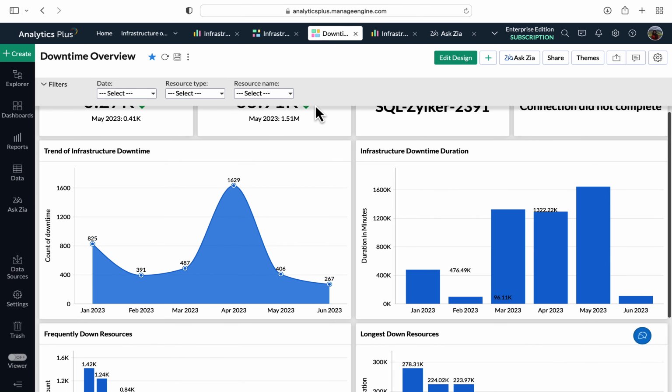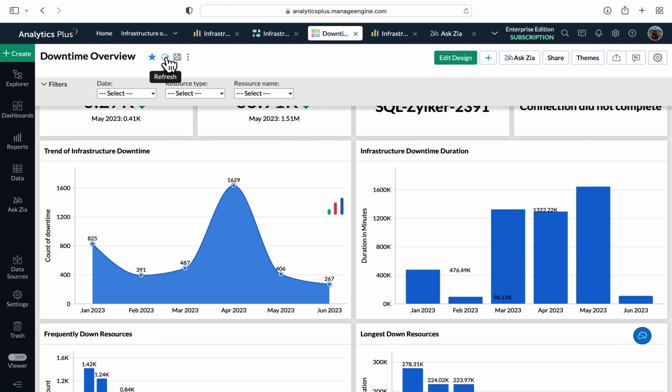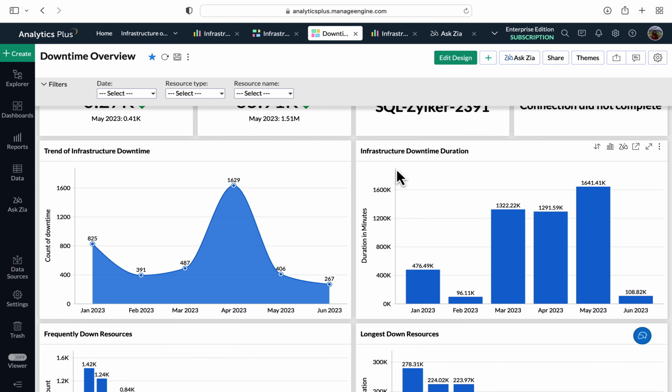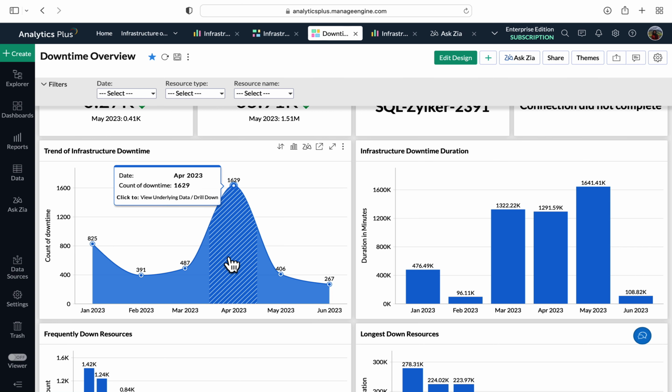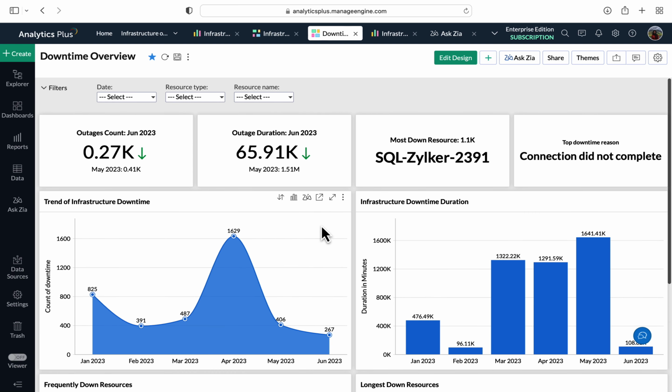You can leverage the visualizations in this dashboard to monitor the duration of IT downtime across each month and identify the monthly count of outages within your organization. This helps uncover critical insight into the state of your organization's repair and maintenance strategies and understand the overall health